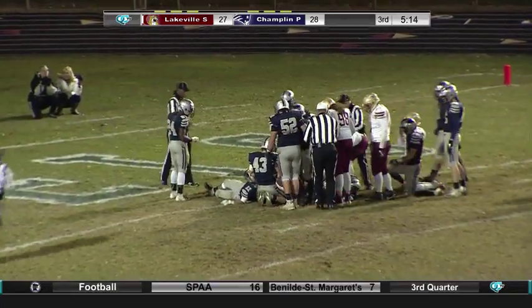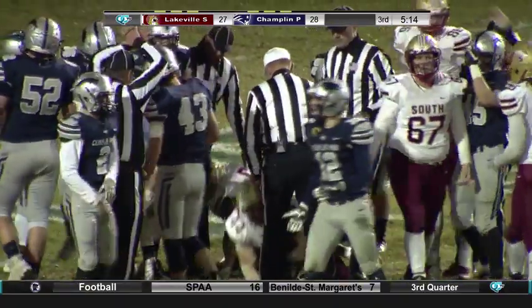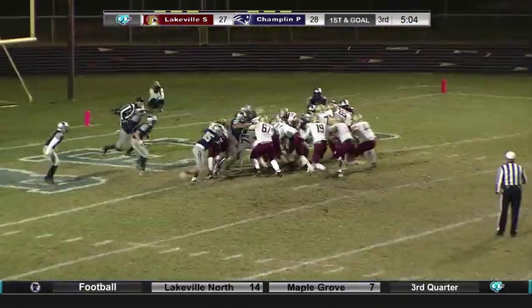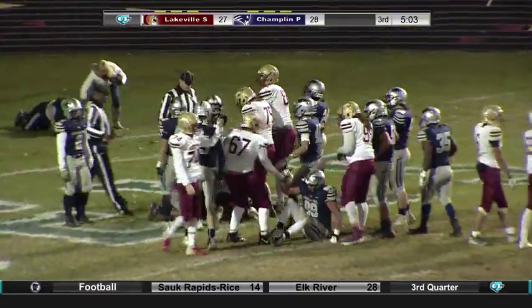Just inches away from the goal line. He had a full head of steam. Patterson will sneak it. Straight ahead, touchdown, Cougars. And the Cougars have regained the lead